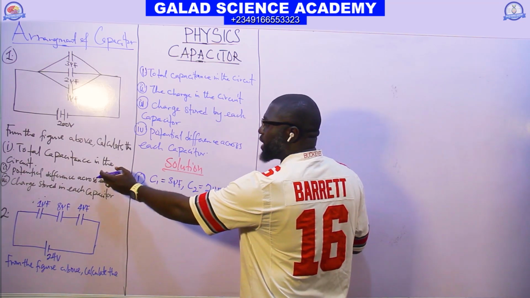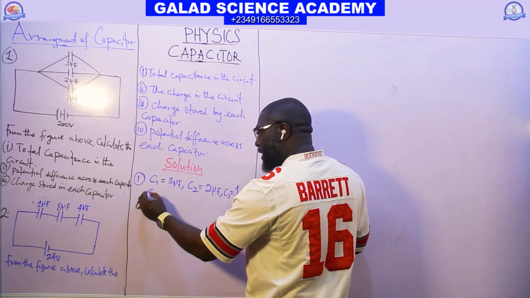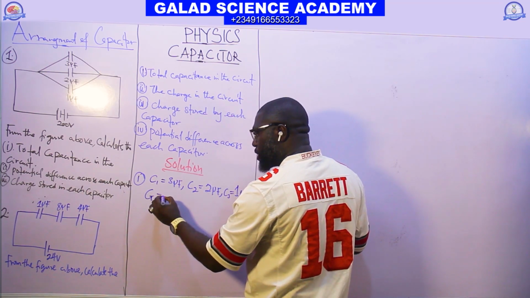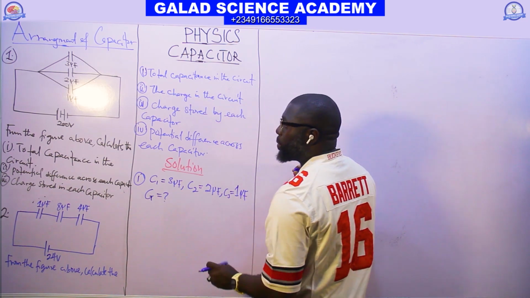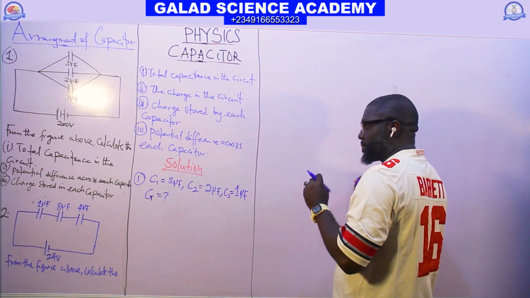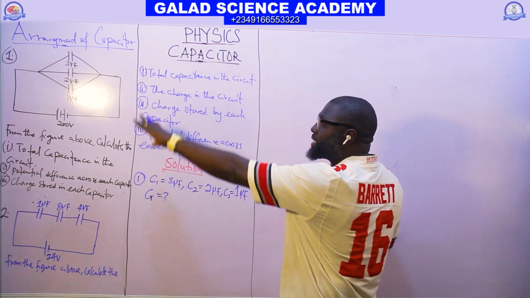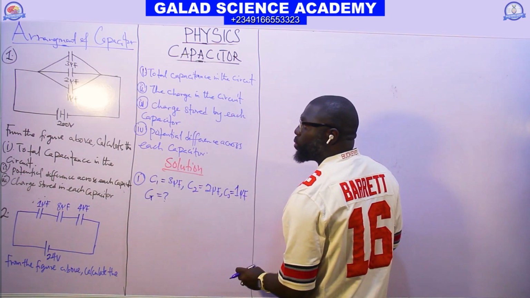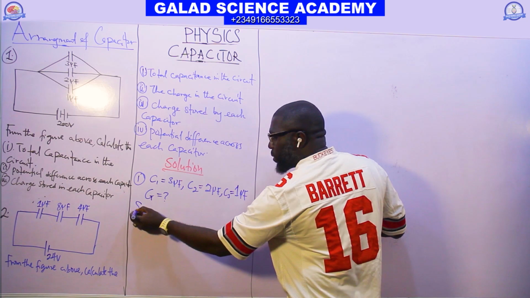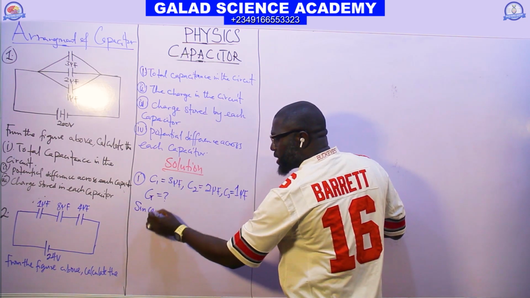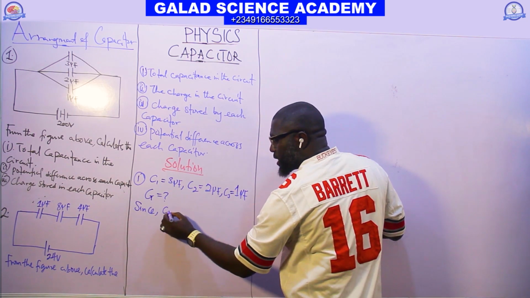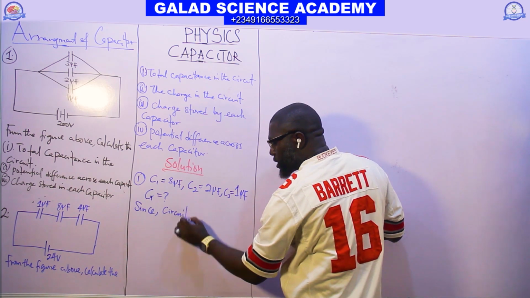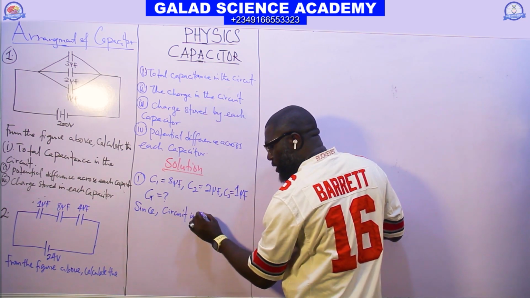We are now asked to find the total capacitance, that is, our C total is unknown. But don't forget that this circuit is in parallel. You can now say, since the circuit is in